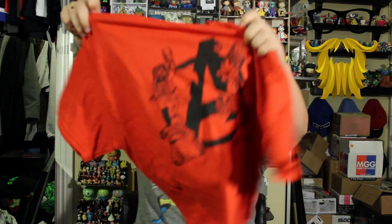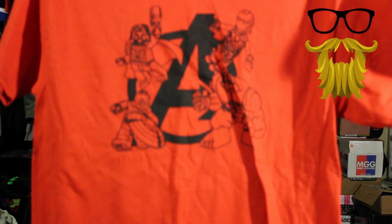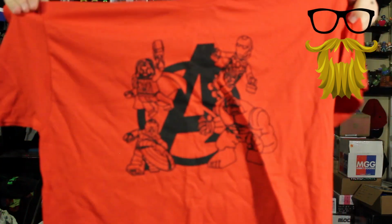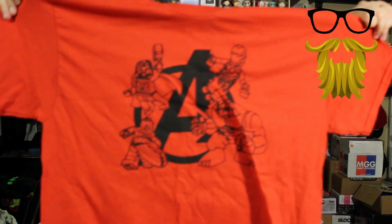First off, we got a shirt. And this is the Avengers as Legos. Lego Avengers. It's got the Lego form over the Avengers logo. Now, this is the heavy cotton, so this is not fitted. This is not a fitted shirt, nor is it very soft. This is the rougher kind. It won't shrink or anything like that, but this is the rougher cotton, and it isn't fitted, doesn't fit well,